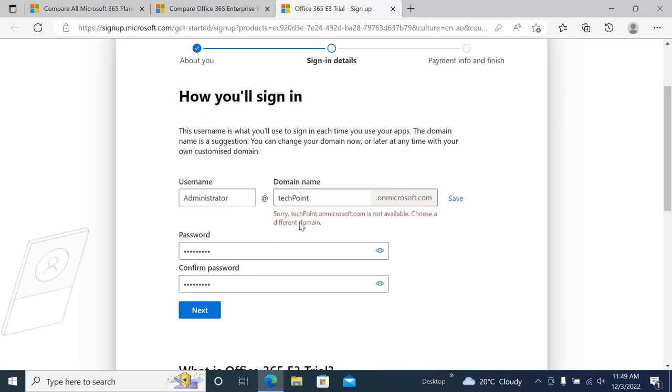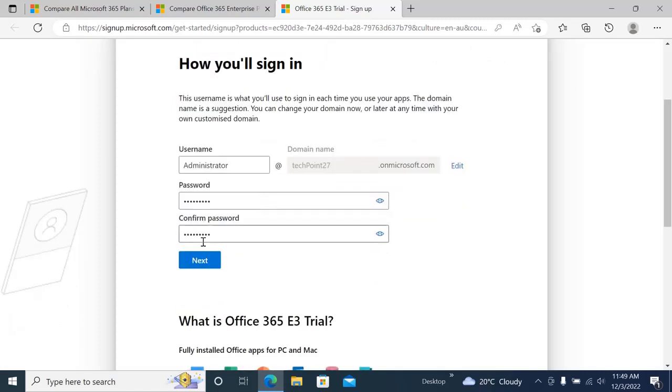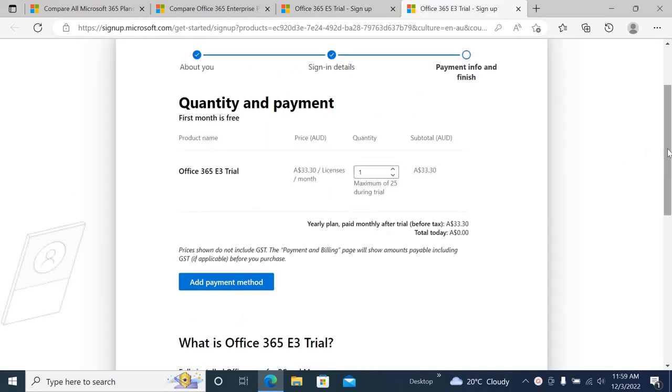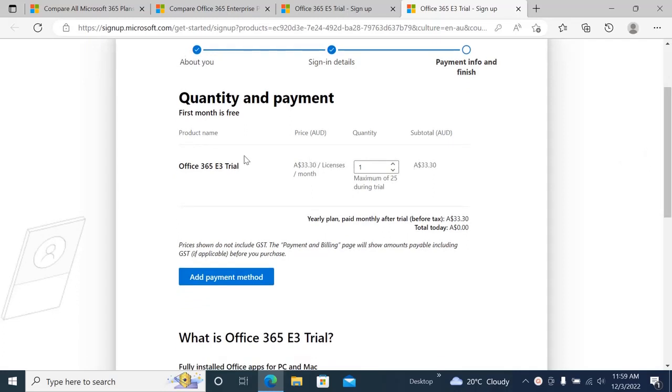So it says techpoint.com is not available, choose a different domain. So I'm gonna choose 27. You can click next. Now it will pop you to another window. Here you can see Office 365 E3 trial. You can try it free for 1 month, and after that it will charge you $33.30 per license per month, and each license will provide you with a maximum of 25 users